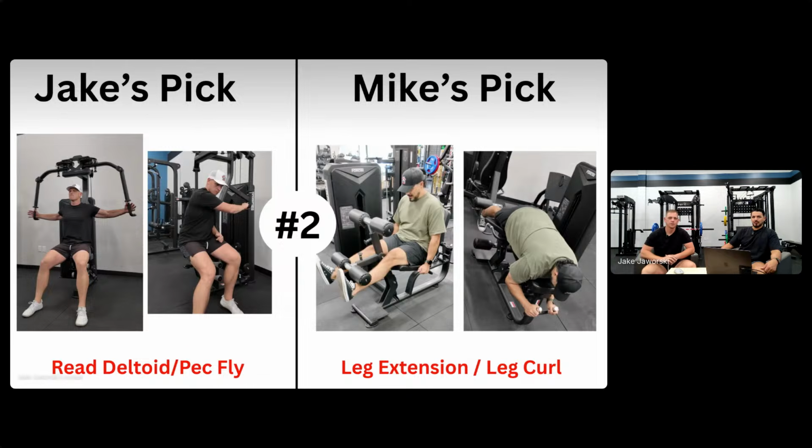You showed me how to do a single arm deltoid movement, and that also felt good. That's not something they're really covering on the website, but that's something you can do as well. Again, this one was solid, felt smooth. I liked it too. I'll talk more about it in a second, but to speak on the leg extension, leg curl,